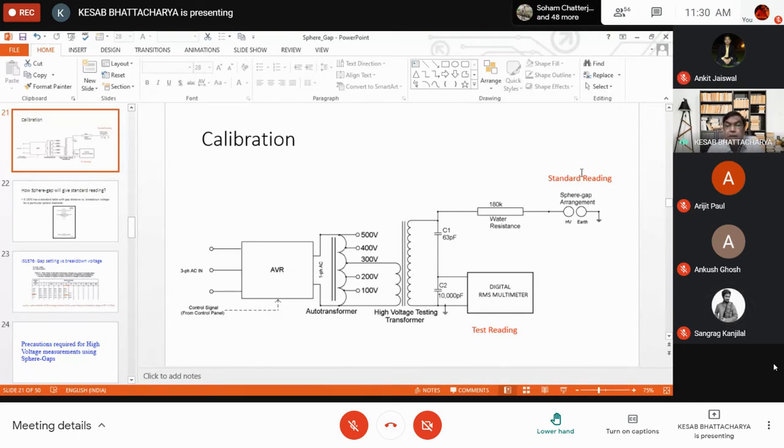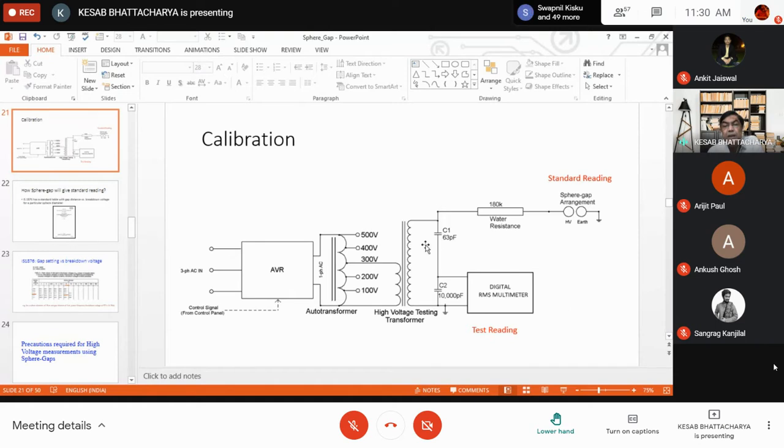Now, if this meter placed over here is calibrated in such a way that it measures this low voltage, but its scale is calibrated so that it can predict the peak value of the voltage appearing here,